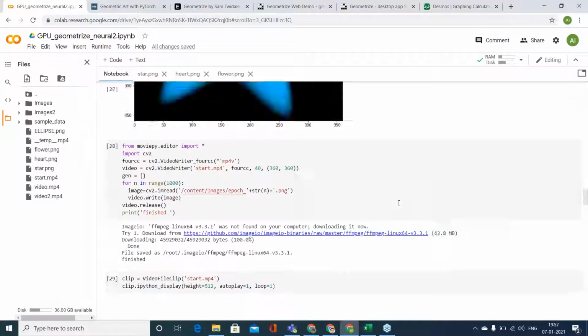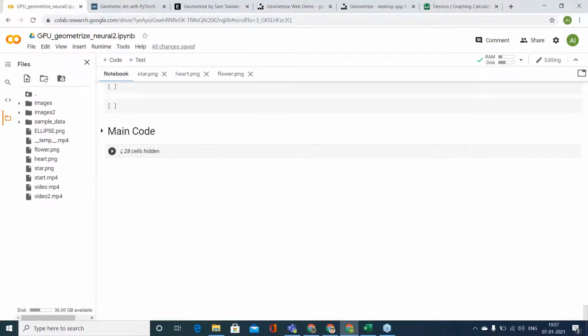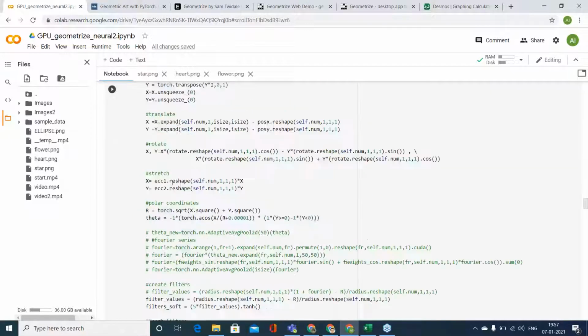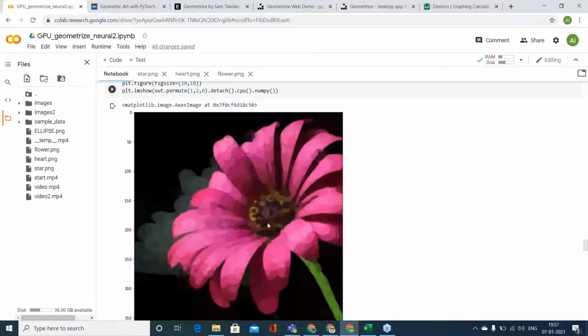Using 5,000 numbers, I can construct an image. For example, we made this flower. So I have 5,000 parameters, which I can take as an encoding. Now I know how to decode them and make this image.